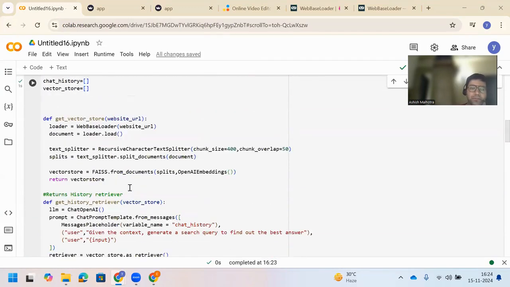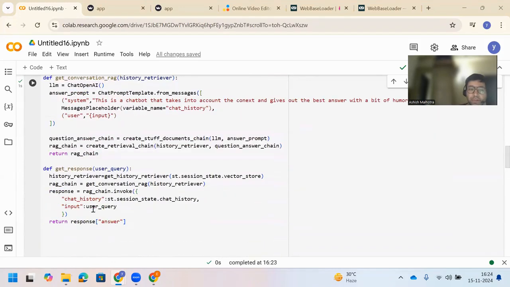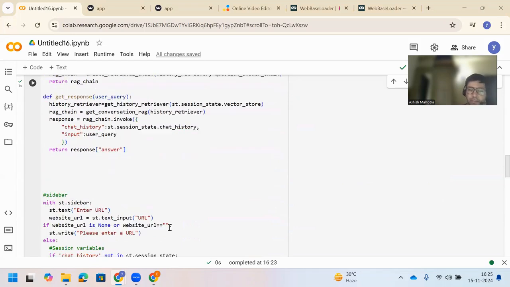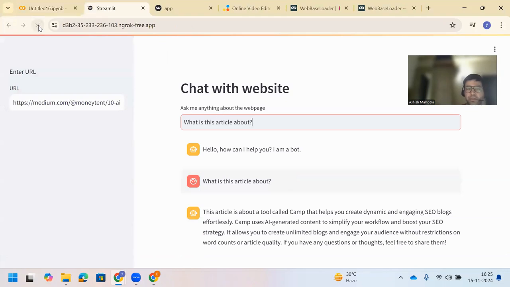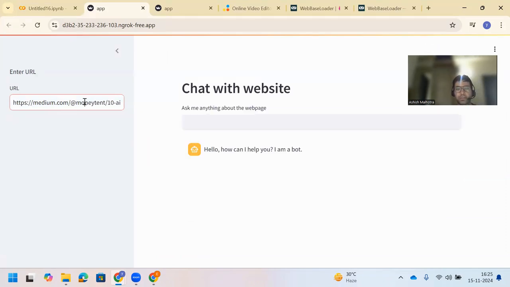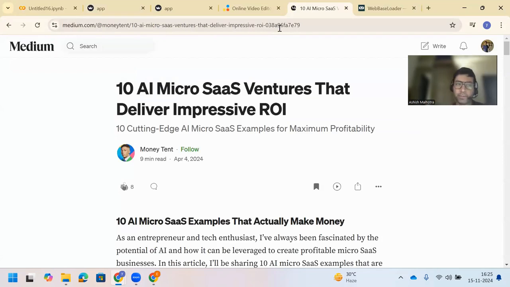So the error that we received was specifically because we were sending out just the response. What we in fact needed to do was send the answer part of the response. So that's what I did. And now the code is running pretty well. Let me just restart it so that I can show you. And let me also put it out here so that you can see